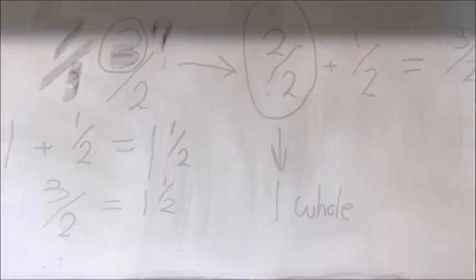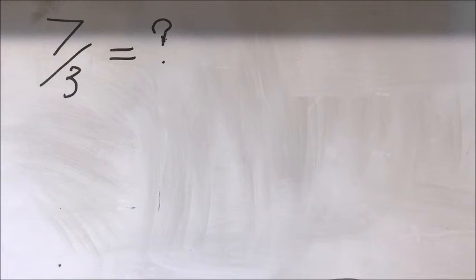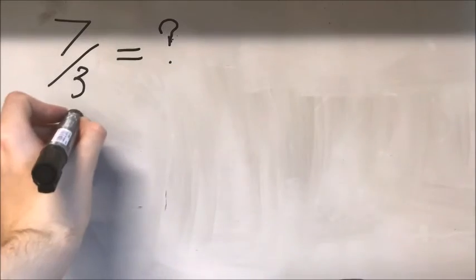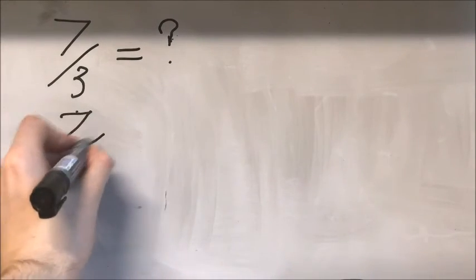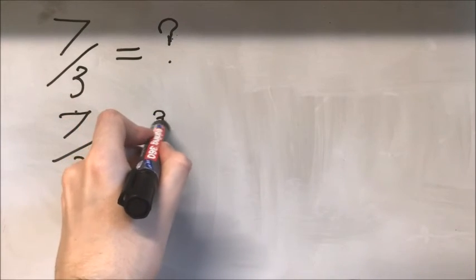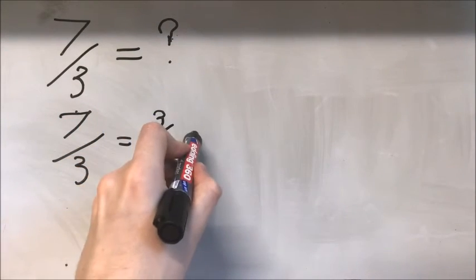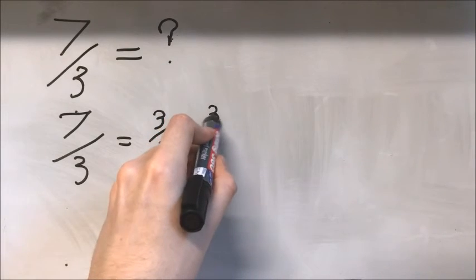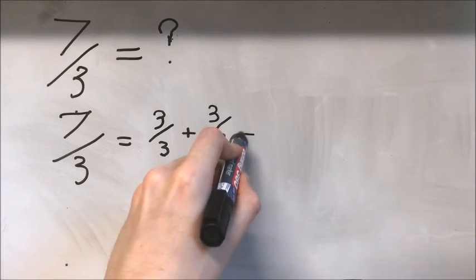Right, so again, I'm going to hit you with an example. So this one's a little bit more challenging, but it's 7 over 3. And what is that equal to? So for my answer, I'm going to start by writing out 7 over 3. So 7 over 3 is equal to 3 over 3 plus 3 over 3 again. So then you've got 6. So then you've just got to add another